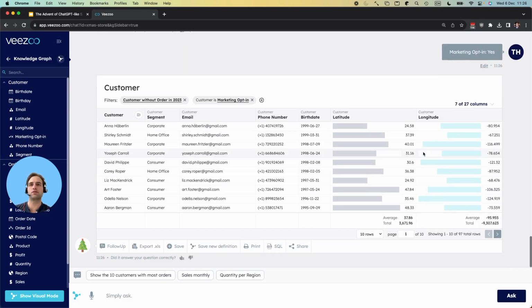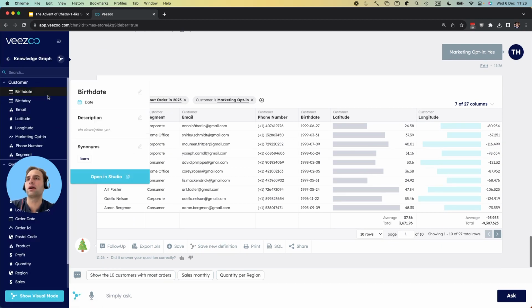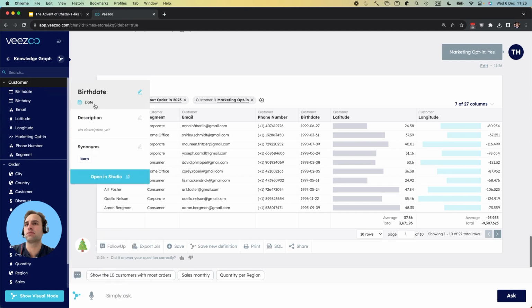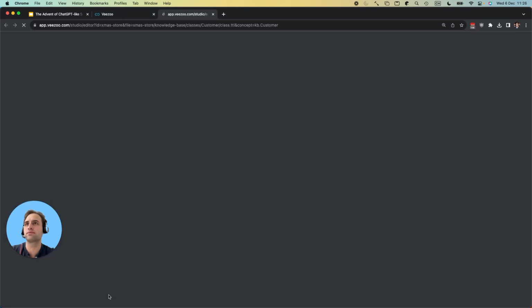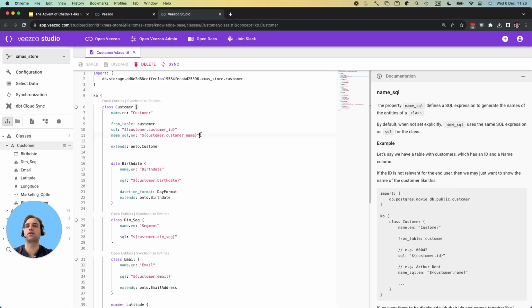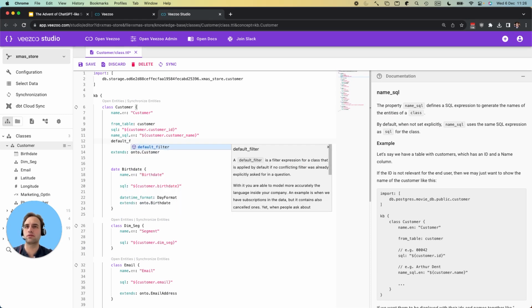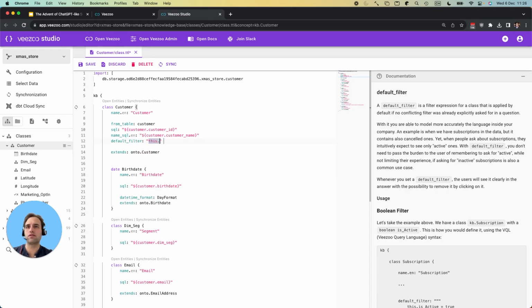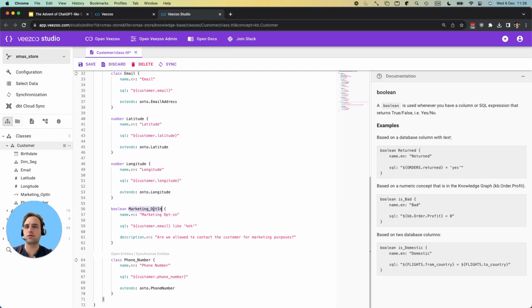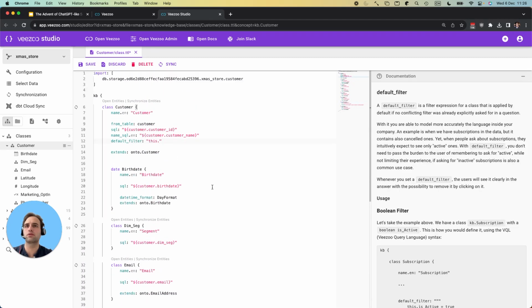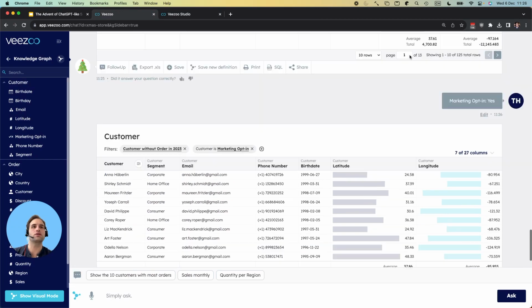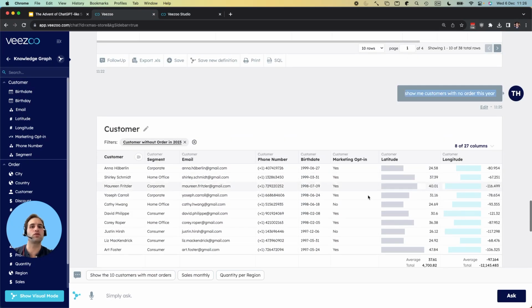filter them out. Now in Veezoo we have the possibility to do this automatically by going to the customer in Veezoo Studio and setting a default filter. So you can basically say whenever we ask something about the customer, the marketing opt-in flag should be set to true. So if I ask now the same question again, show me customers with no order this year,